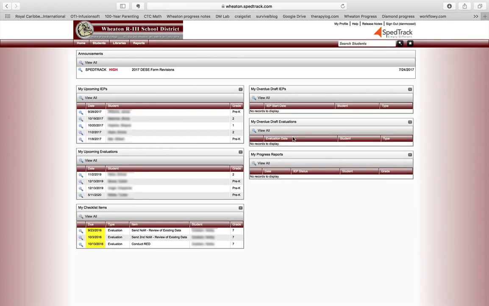Now this is summertime, so we don't have any upcoming progress notes. Normally, if we're just a week or two away from progress note time, this section right here will be full of all your students that will need to be filled in. But since it's not populated right now, I'm going to show you another way that you can access their progress notes. Come over here to Upcoming IEPs, click on a student,